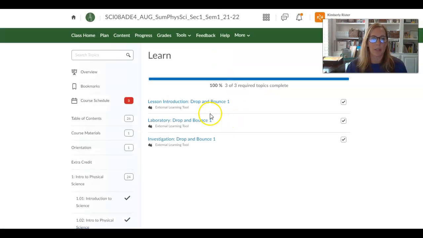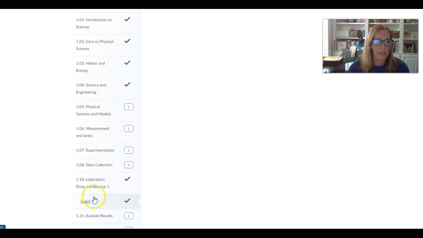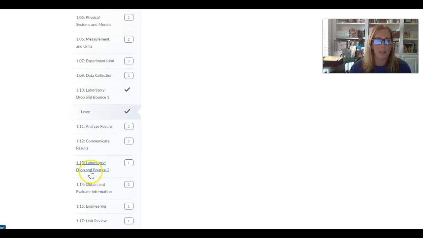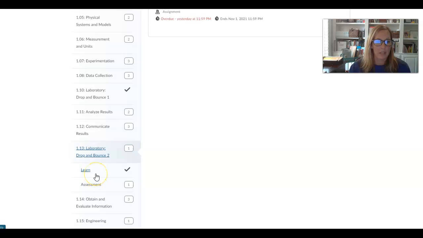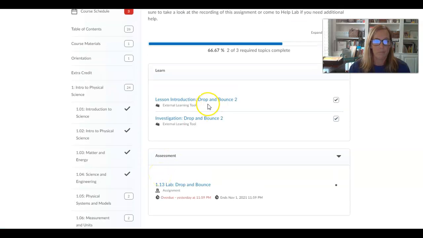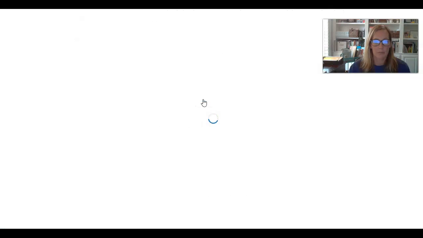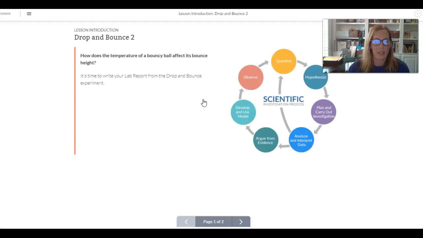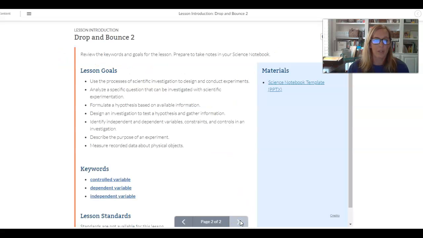That's just the experiment. When you go over to 1.13, okay, so these two lessons talk to you about putting your data in a data table, putting it in a graph, which are required as well. And then this lesson is basically saying you need to submit it, right? There is not a lot of content in here. There are no guiding questions, so you don't need a scientific or science notebook slide or anything. It just says it's time to write your lab report. So based on everything you gathered,